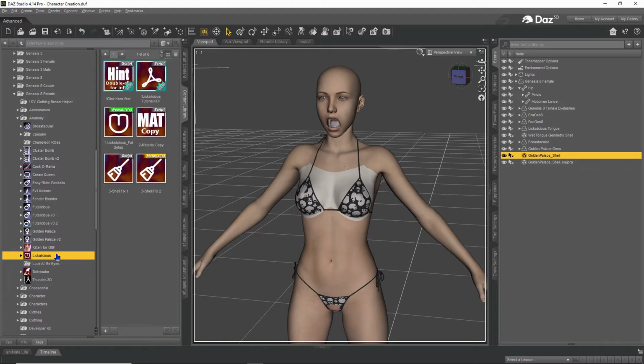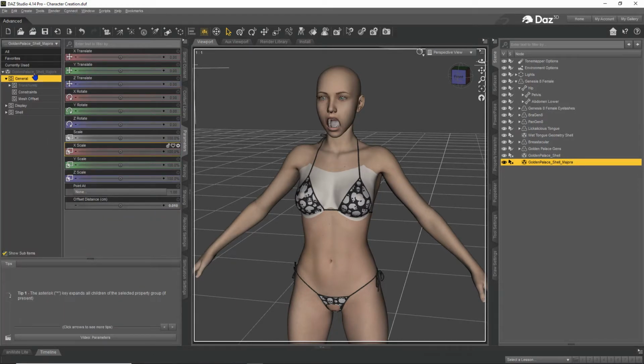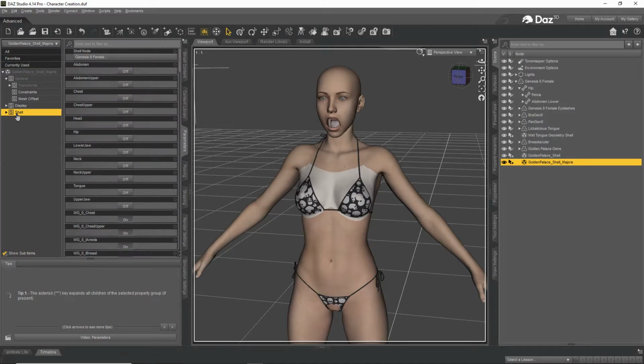We can use our scripts that came with our products to fix it, or we can go into the shell itself, select this in the scene tab, and then go to your parameters tab. In your parameters tab, you'll find the shell. Open this up, open up visibility, and then go to surfaces. And now in your surfaces tab, you'll see the arms are turned off, the cornea, her eye is turned off. All these parts that are by default a piece of her mesh for her body are all turned off, but